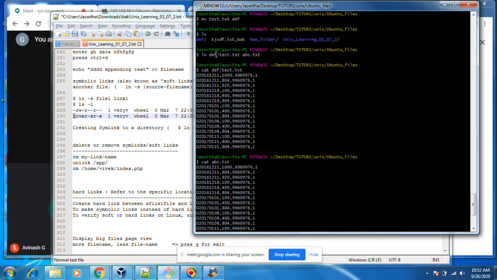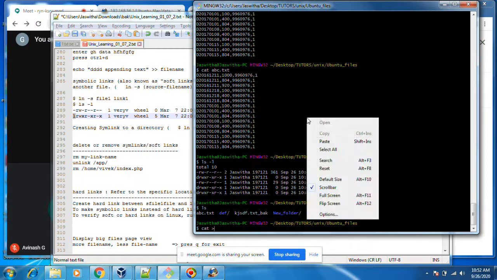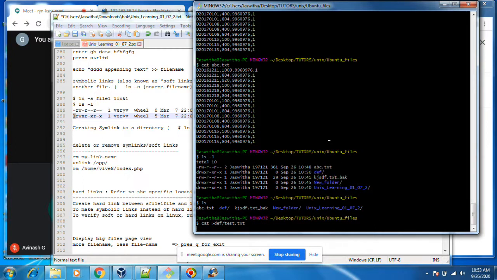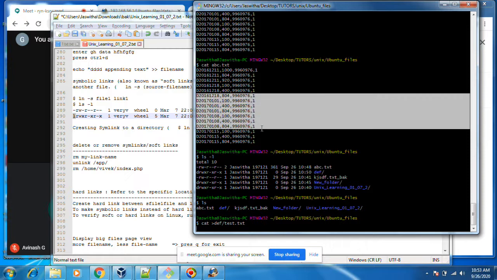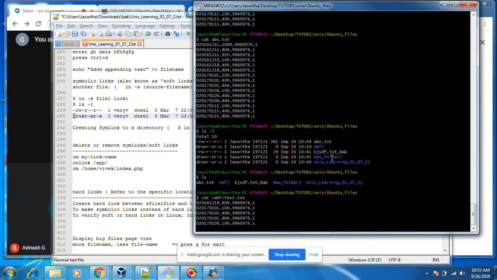Test.txt. Okay, let me remove some files in that. I'm just updating and adding new contents in this file. I want to just confirm, check.